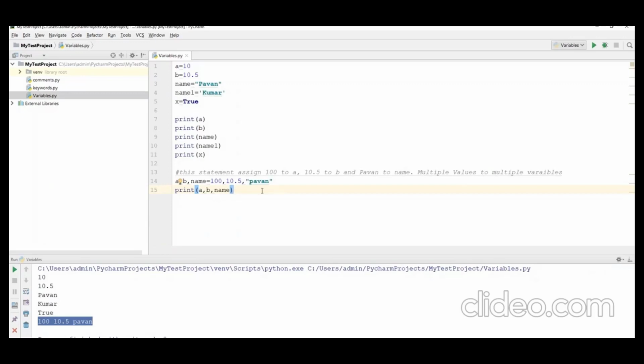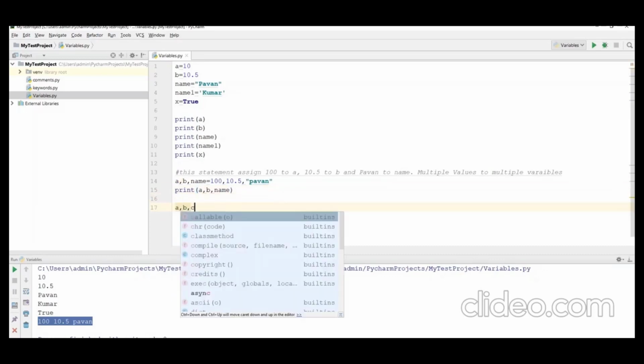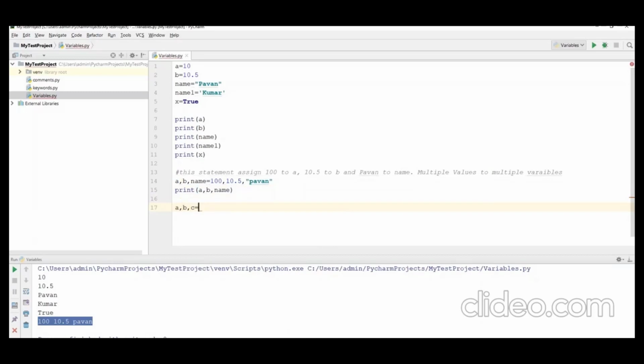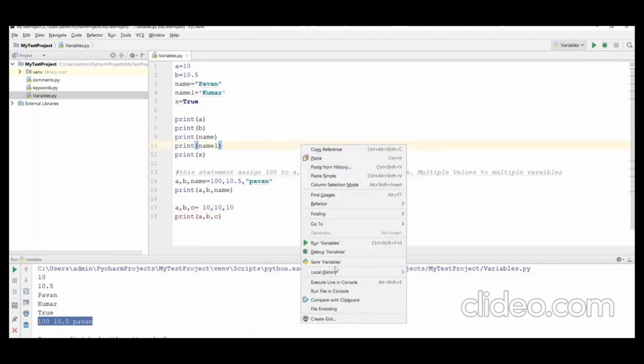We can do it like this: A comma B comma C, following the above notation, and write the values 10 comma 10 comma 10. Observe this. I have assigned the same value to all the variables: A is 10, B is 10, and C is also 10. This is also a right notation. Suppose if I print here, print A comma B comma C, it will print 10, 10, 10.